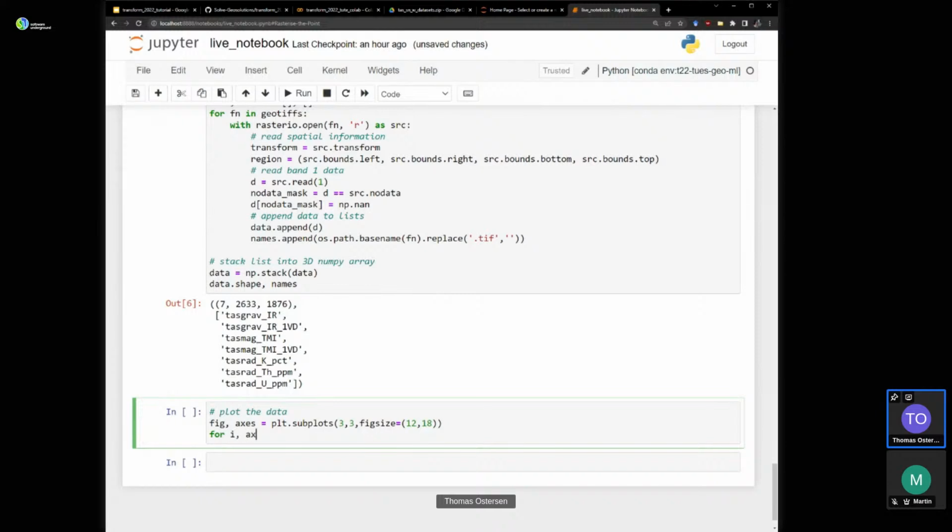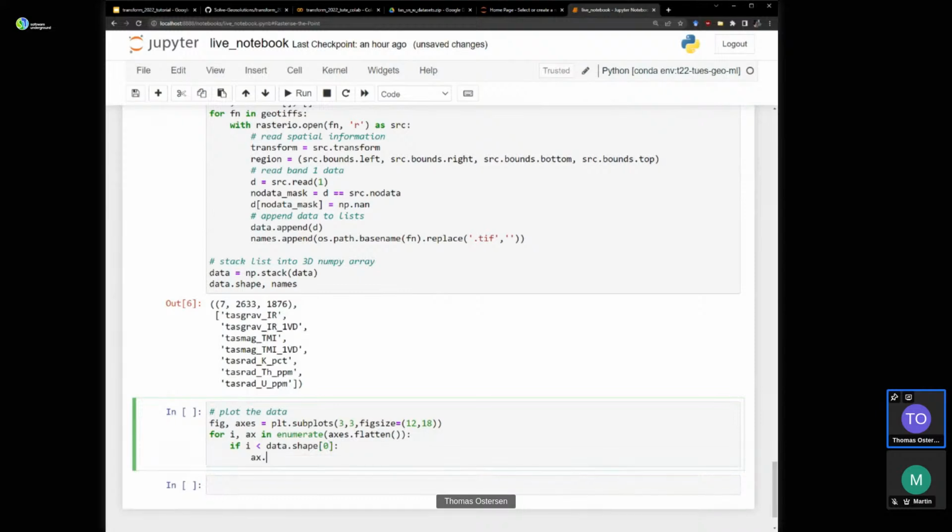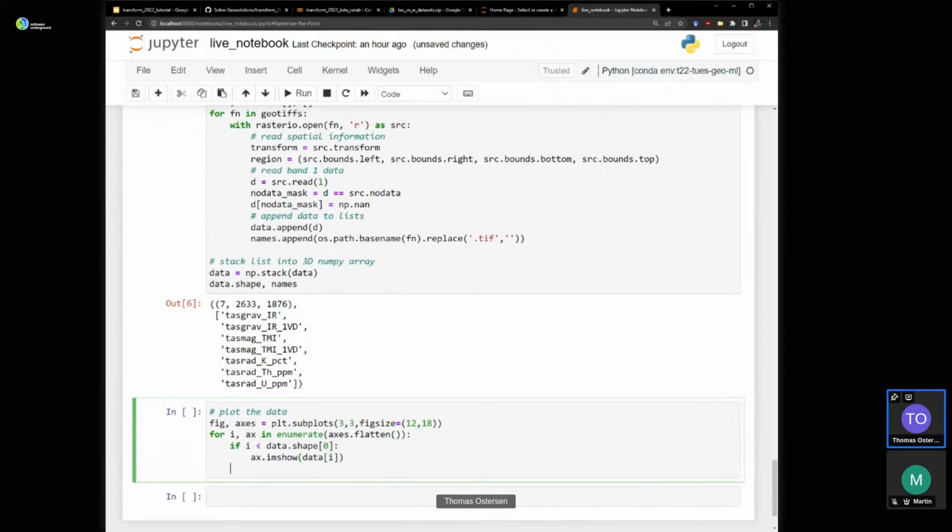So for i, ax in enumerate axes flatten. Need to put an if statement here to make sure that we're not going out of bounds of our 7 bands: if i is less than data shape 0, ax imshow data i. Else, if there's no data to plot, we'll just turn the axis off.